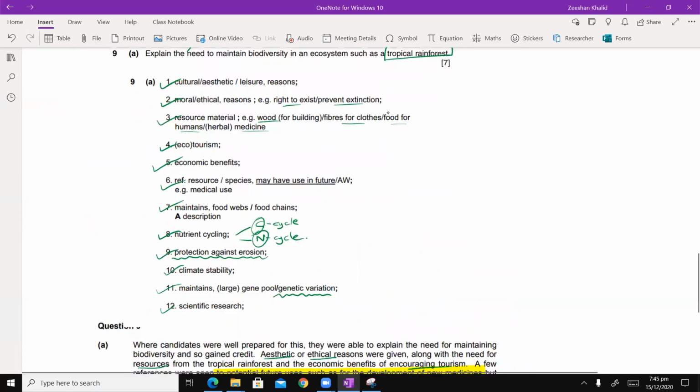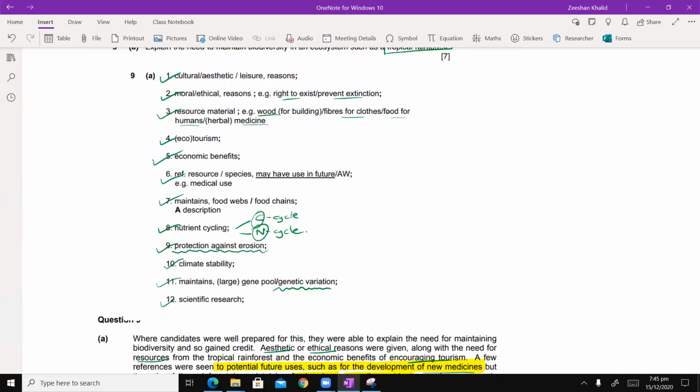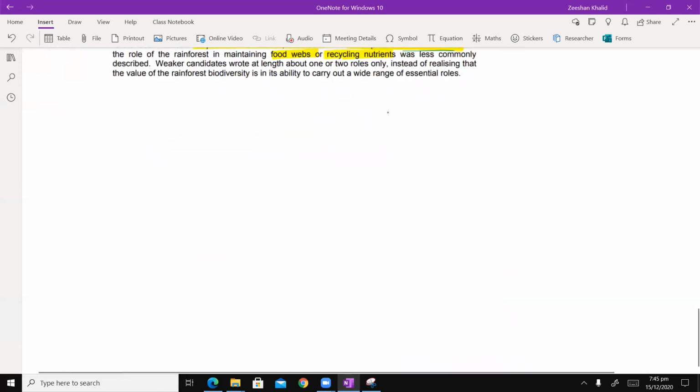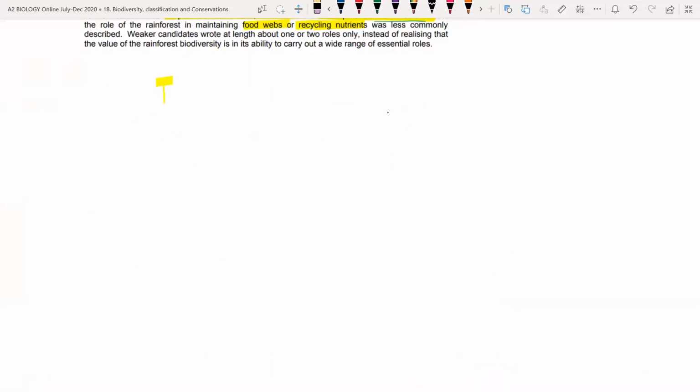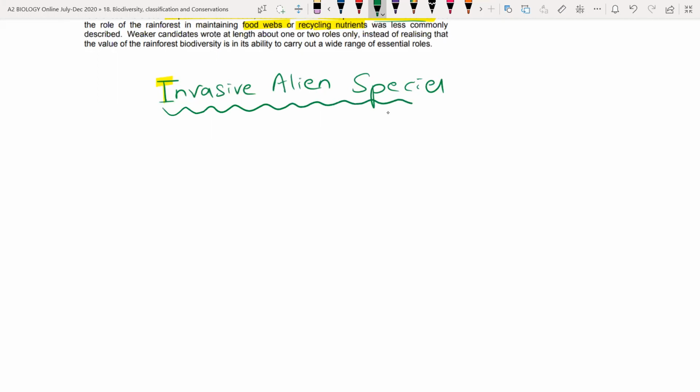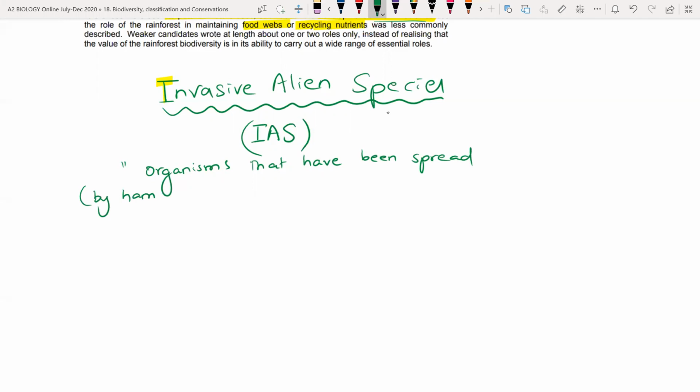चलो जी, alhamdulillah. So now let's talk about the idea of invasive alien species. Okay, so let me write that down here. Highlighter ने change किया. Invasive alien species, और इनको हम abbreviate करके IAS भी कह देते हैं. IAS, that's invasive alien species. Okay, so if I were to define, if you like, or describe or state what they are, then they are organisms that have been spread, और यहाँ पे मैं brackets में लिखूंगा by humans,